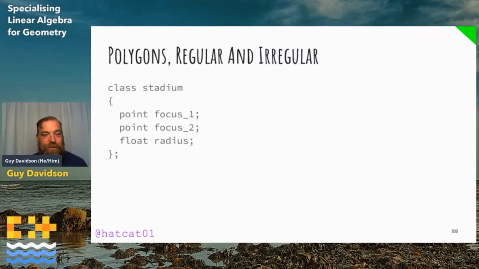Stadiums, lovely. So you can see that it consists of a rectangle and 2 semicircles. So we can store that as 2 foci and a radius. 5 floats again. But that's still kind of cheating, though. These first 3 examples were merely models of well-defined shape. What about an arbitrary curvy shape?